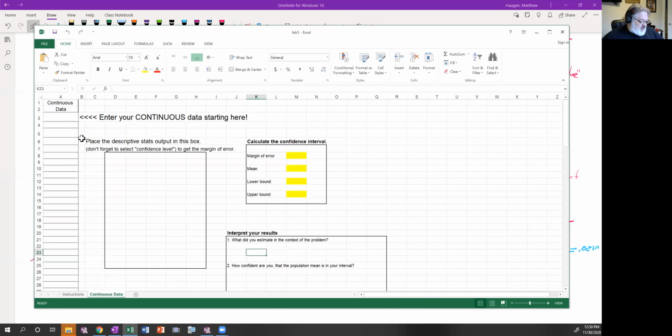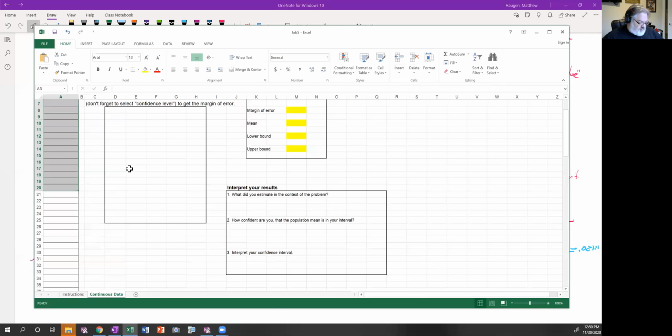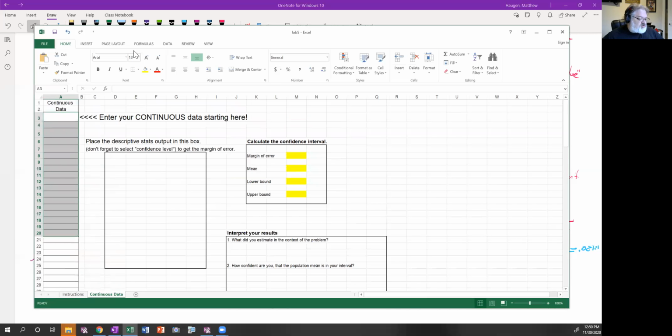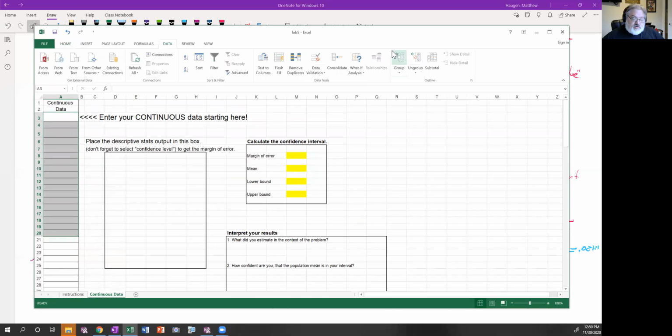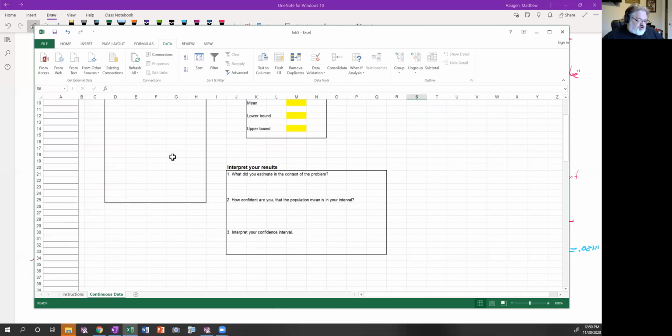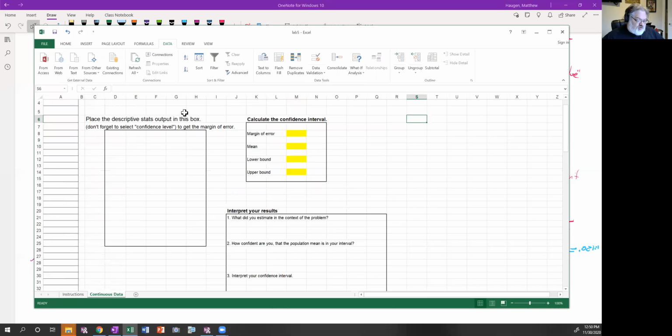So if I was to go through it, you'd obviously have to have some data here, right? And if you wanted to use that descriptive statistics tool, you could. Have I got it on this one? I don't remember. I think I purposely kept it off of this. So you can use that tool if you want to, but